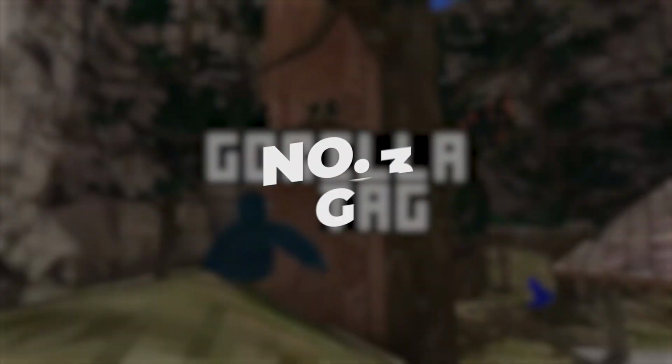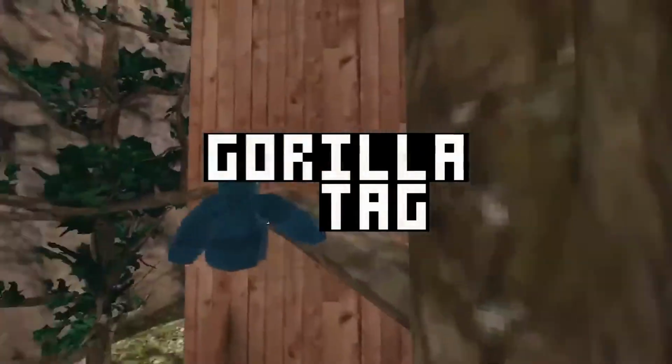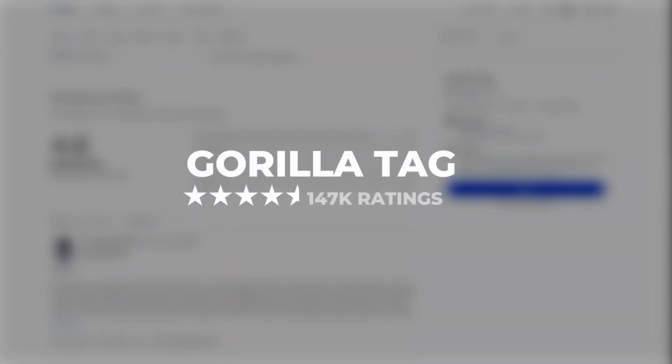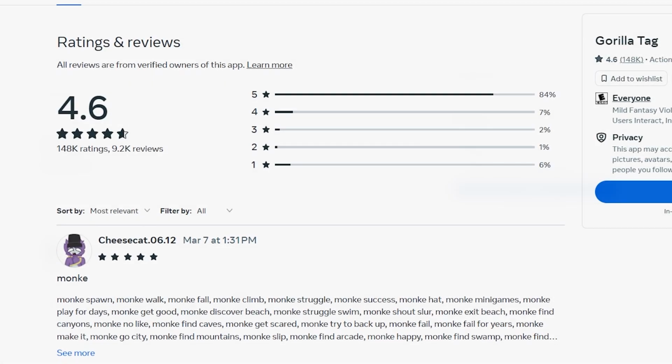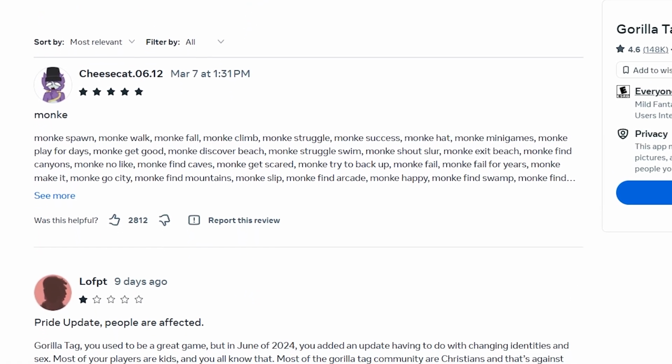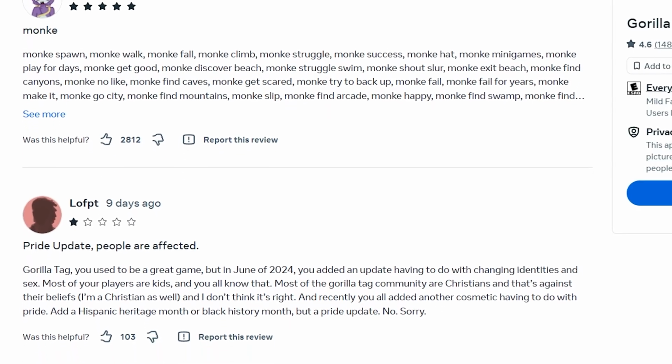At number 3, Gorilla Tag is still at the top, a gorilla based game where you bounce around on your hands for locomotion and quickly becoming one of the biggest games not only in VR but in the world. 147,000 people, the most reviews of any game, give it a 4.6 star rating. Reviews are all over the board on this, from just spamming monkey to people complaining about the new updates,